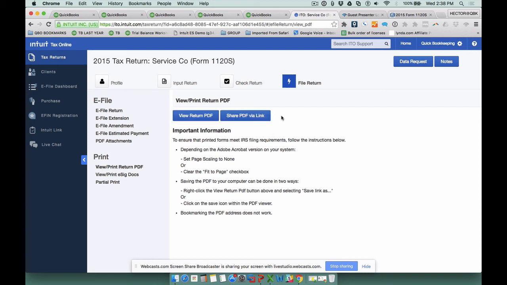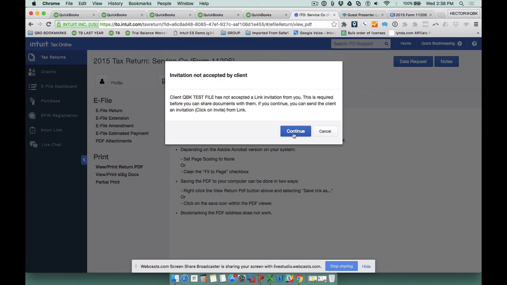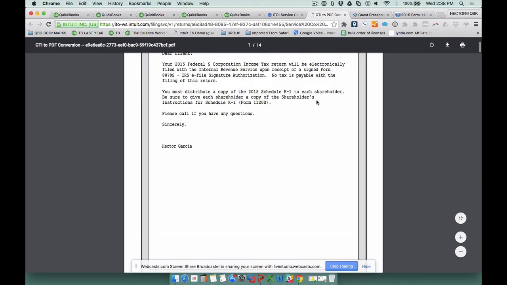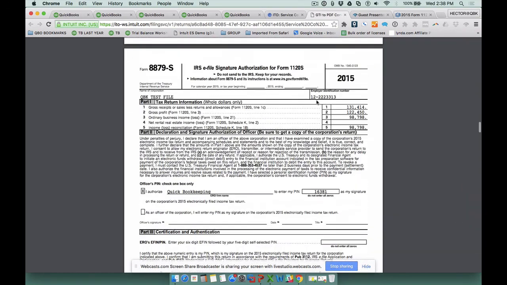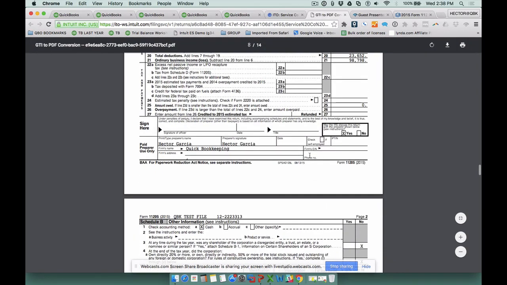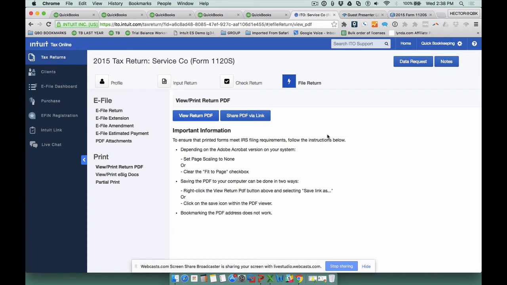So if I'm just sort of reviewing it, sending it to the client for review, or maybe I want to go to Share PDF via link. If I click on that, my client is going to get a secure link to open the return. That way I don't have to attach it to an email like a lot of people do. If I click on View Return, I see what the actual return looks like with the introduction letter, with all the schedules, with all the worksheets, the entire tax return is done there, signed by the paid preparer. So it's really, really neat, this value proposition of working entirely on the cloud,